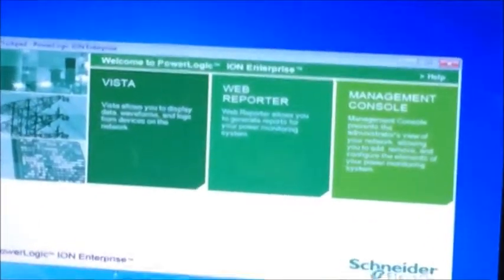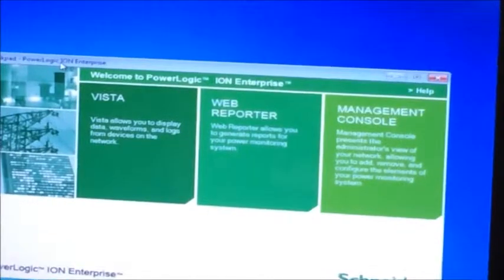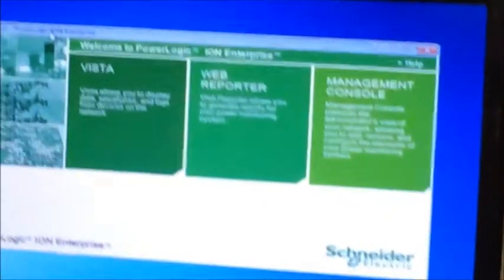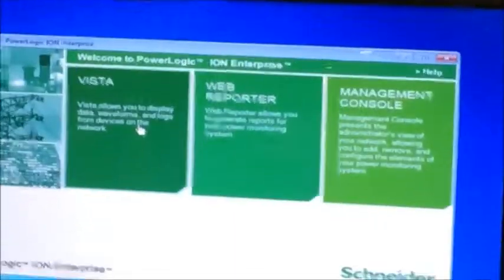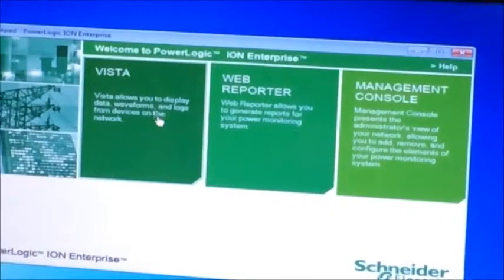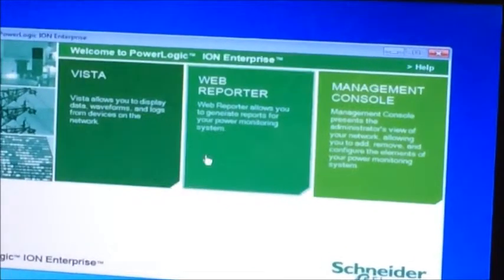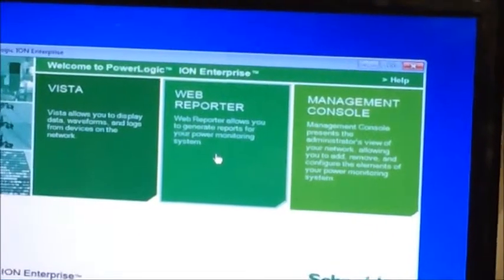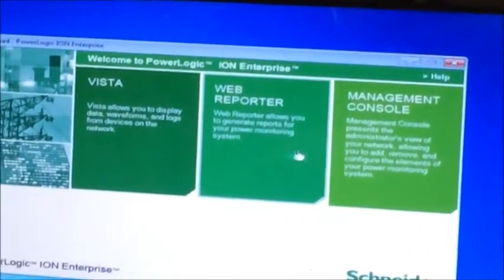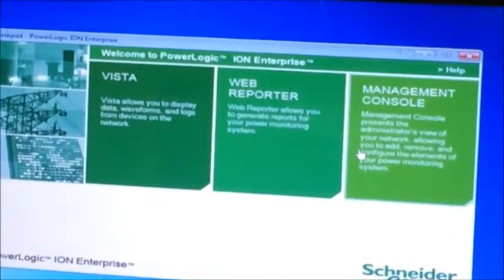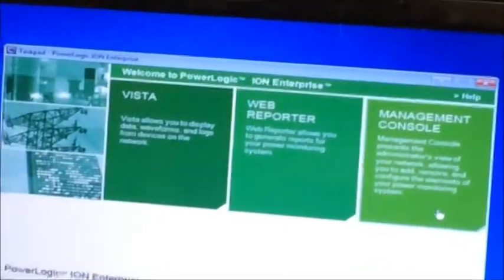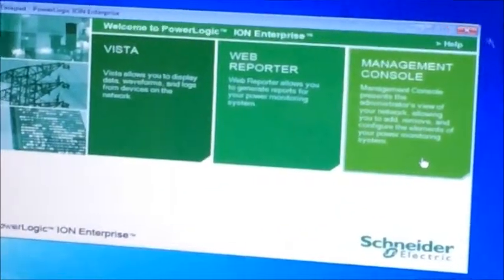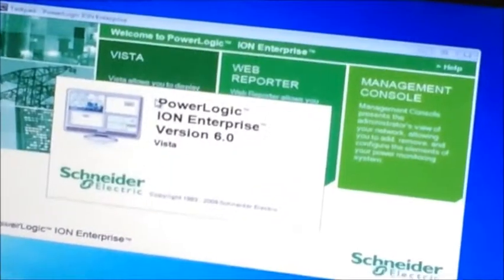So now the task pad, PowerLogic ION Enterprise software loads up. Vista allows you to display things like data and waveforms from devices on your network. The web reporter allows you to generate reports. You want to generate history and things on various parameters. The management console right here allows you to change things, like if you want to add a device on the network. Mostly what you're going to do is come in here to Vista, press that once,